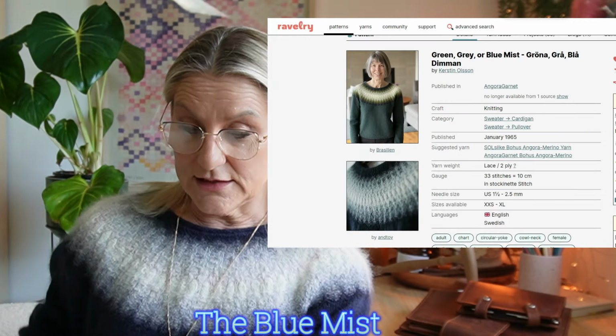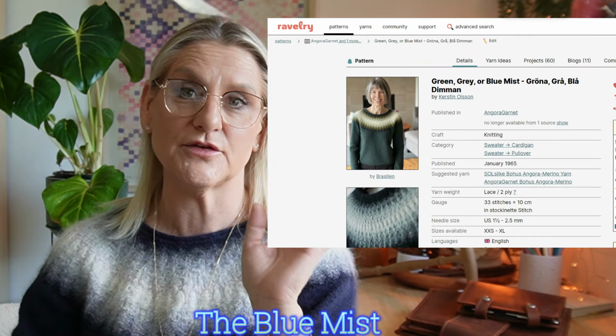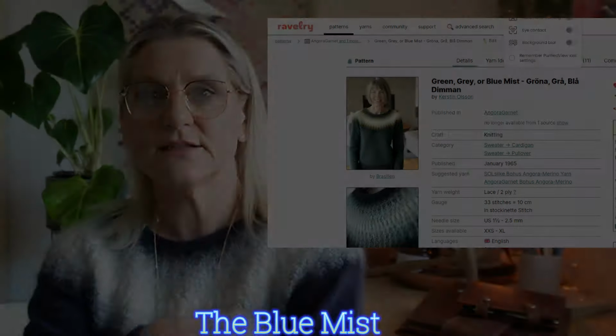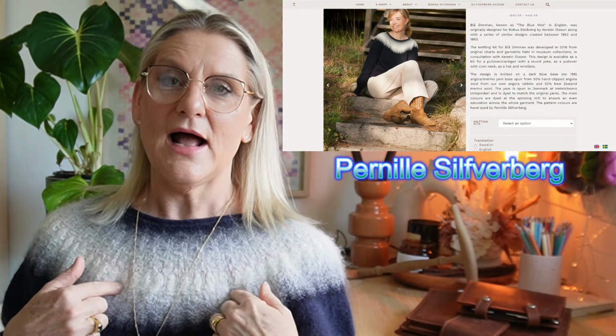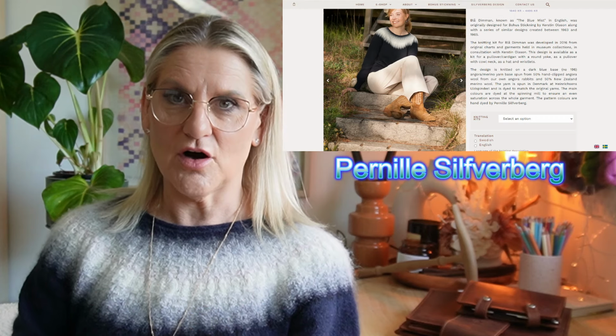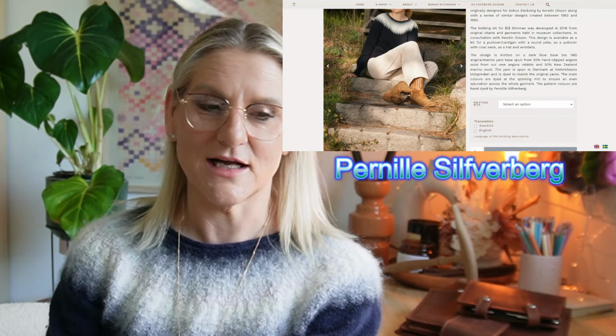It is entirely knitted on 2.5mm needles, and I think I actually might have gone down to a 2mm needle for the ribbing. And the yarn is from the woman who owns the company, the Bohus Steeking company. She runs the museum, and she revitalised all the patterns from the Bohus Steeking museum in Denmark. And this yarn comes from the fur of her own rabbits that she grows and maintains on a little farm